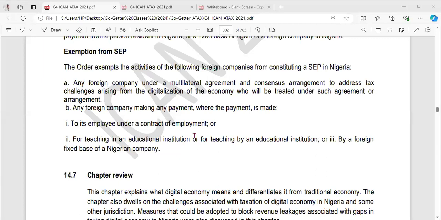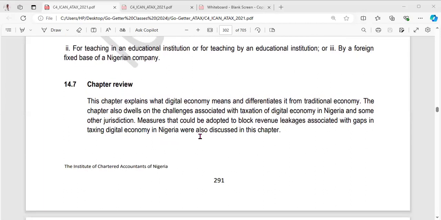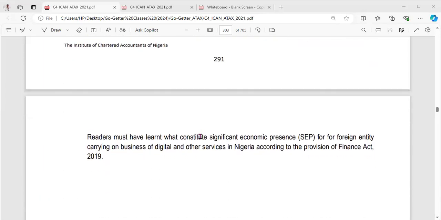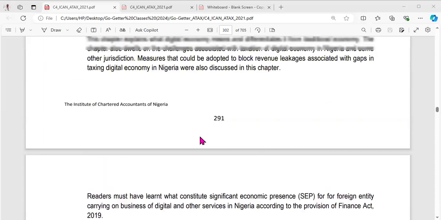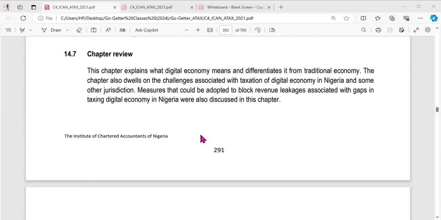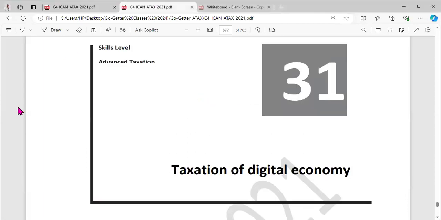So we've seen the OECD treatment, the challenges arising from the taxing of the digital economy in Nigeria, the leakages, and the proposed ways of blocking those leakages. This is chapter 14 of taxation of the digital economy, mainly talking about the problems faced in taxing the digital economy. We now want to go to chapter 31, which is part 2 of the taxation of the digital